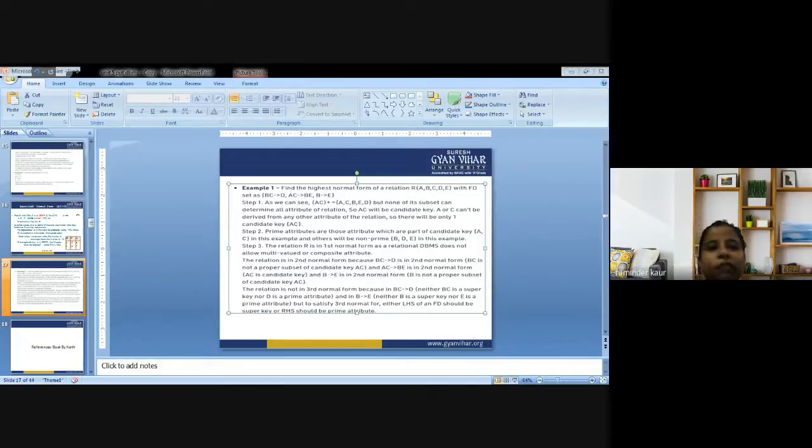Seventh point is, sometimes going for BCNF may not preserve functional dependency. So in that case, we are supposed to go with BCNF only if the lost FD is not required, else we are supposed to normalize till 3NF only. And the last point is, there are many normal forms that exist after BCNF, like 4NF and more. But in real world database systems, it is generally not required to go beyond BCNF.